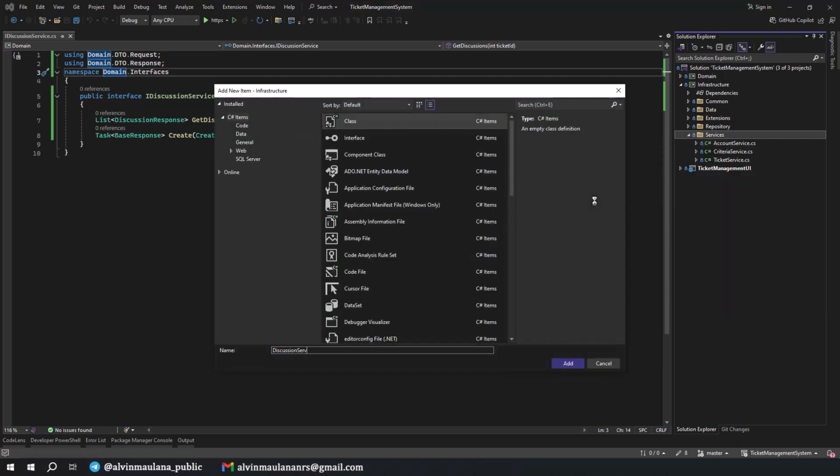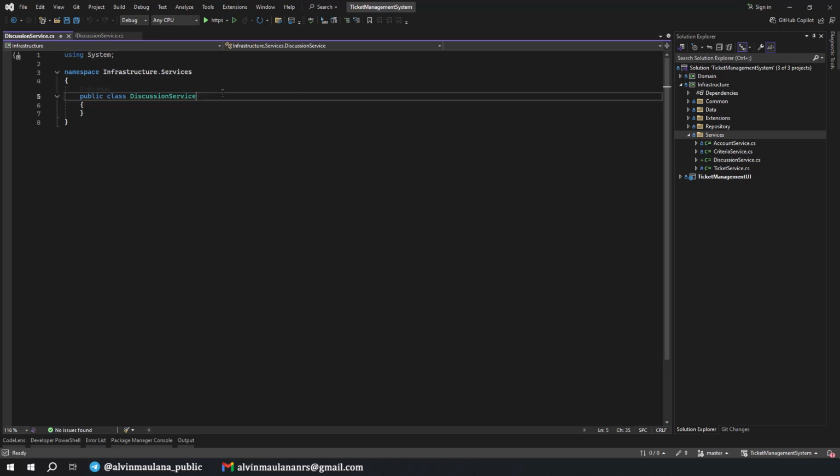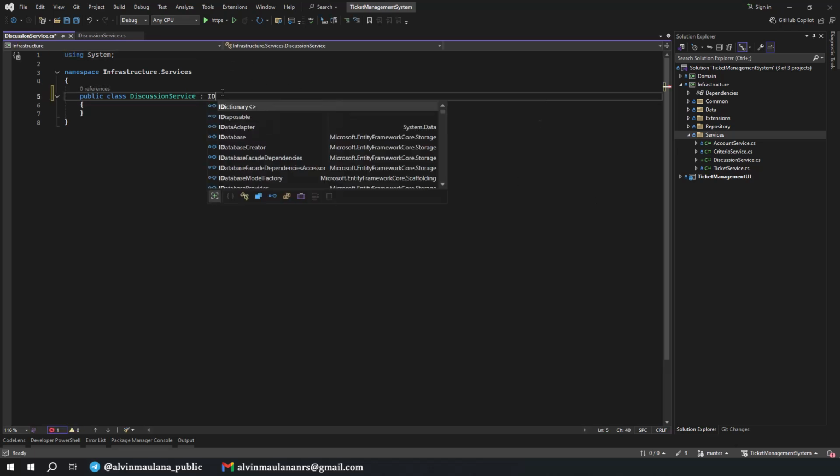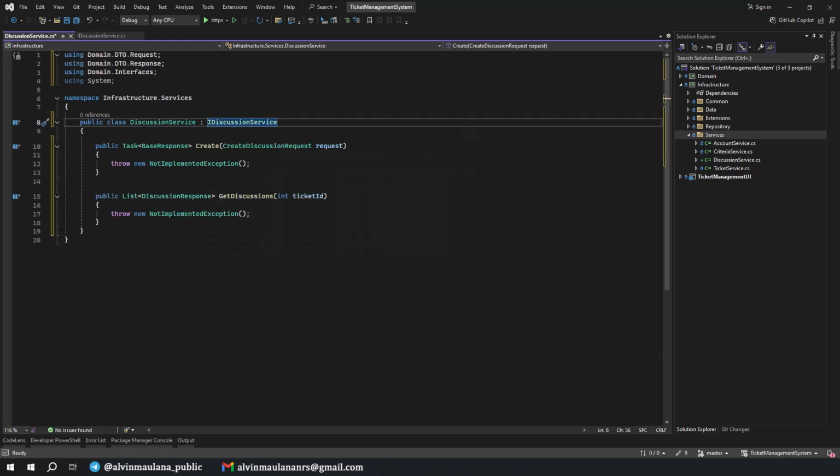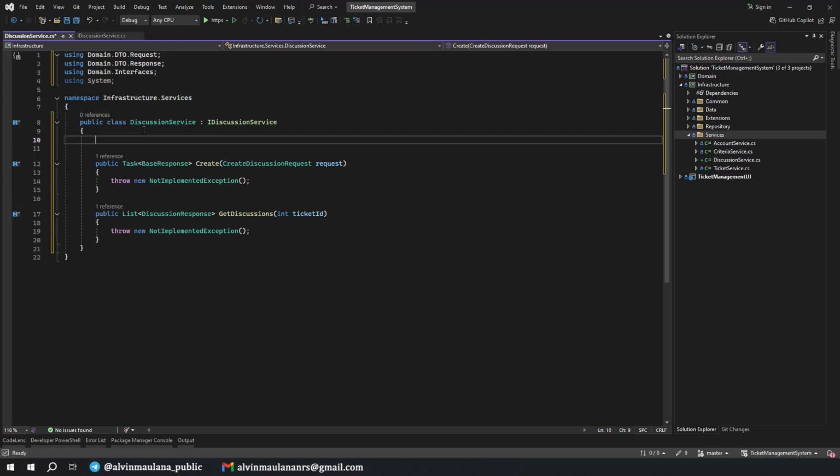And let's have the service, discussion service, and we need to inherit from discussion service and implement the interface. And then first we need to have a constructor.